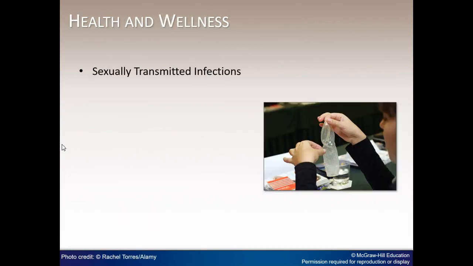A sexually transmitted infection, or STI, is an infection that is contracted primarily through sexual activity, vaginal intercourse, as well as oral or anal sex. They affect about 1 in 6 adults. They can be both viral and bacterial. Acquired immune deficiency syndrome, or AIDS, is caused by the human immunodeficiency virus, HIV, which is a sexually transmitted infection that destroys an individual's immune system. Recent improvements in drug therapies have given rise to the view that HIV is a chronic rather than terminal condition.